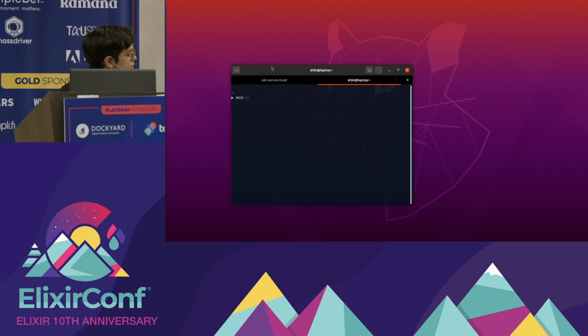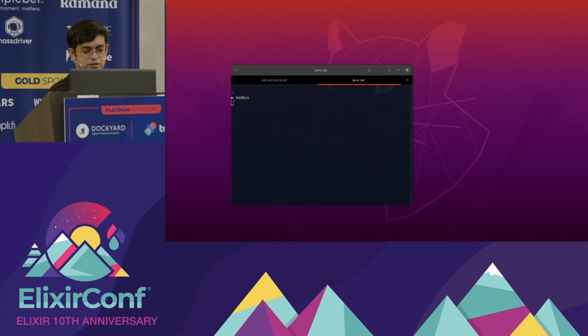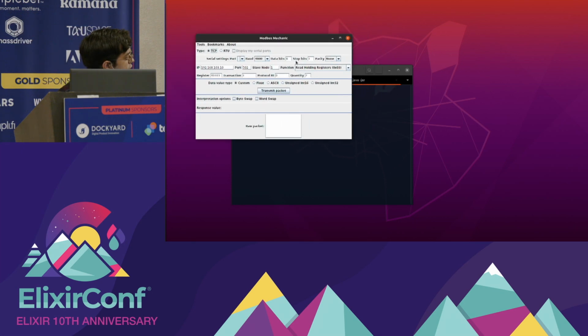Now I'm creating the Modbus client, which appears right on my other screen. Let me first set up this offline tool. This is the graphical interface for a client.